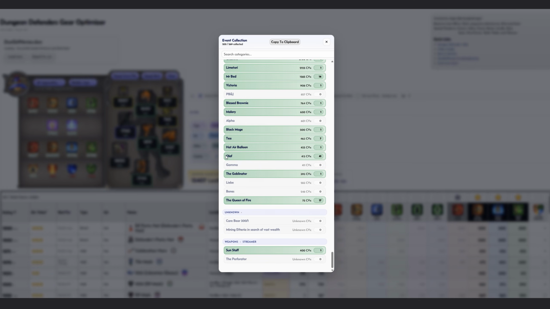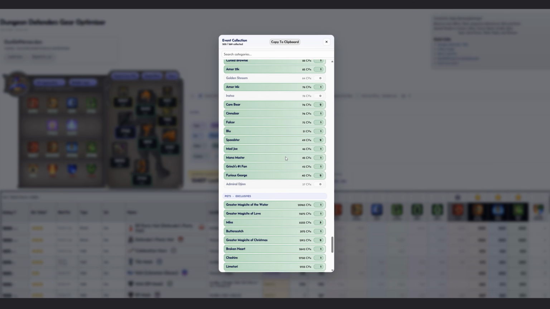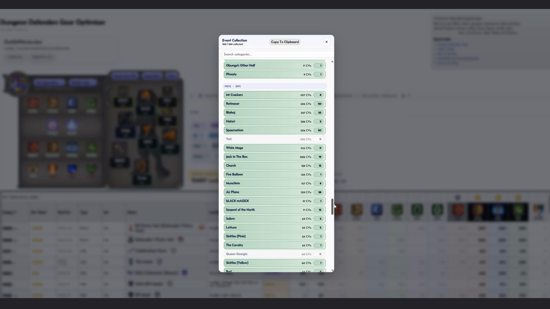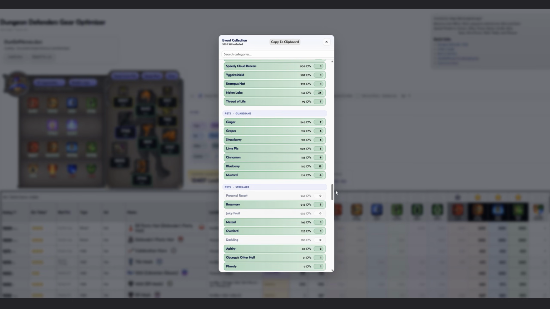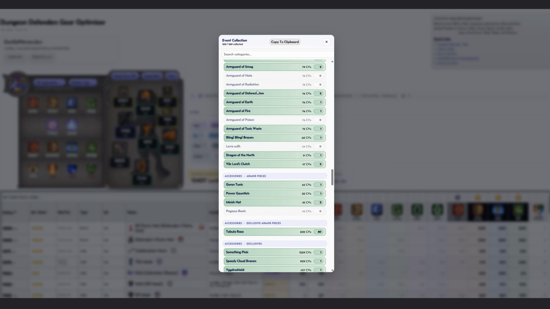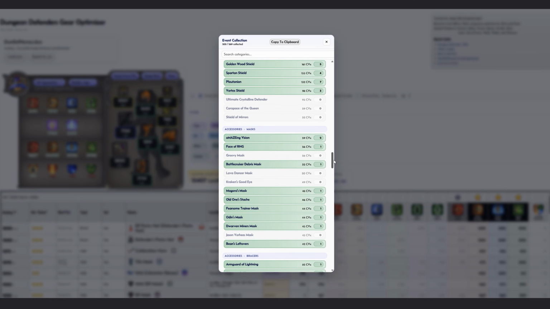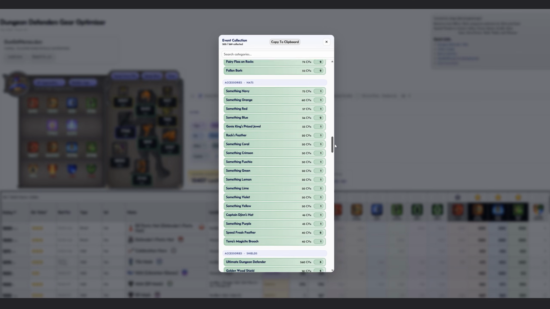So if you're trying to see, do I have this or that, you can scroll through here and see all of those things. It's all sorted by pets, by guardians. They did a really nice job of sorting this out, and it's all based on the event sheet itself. So let's go to